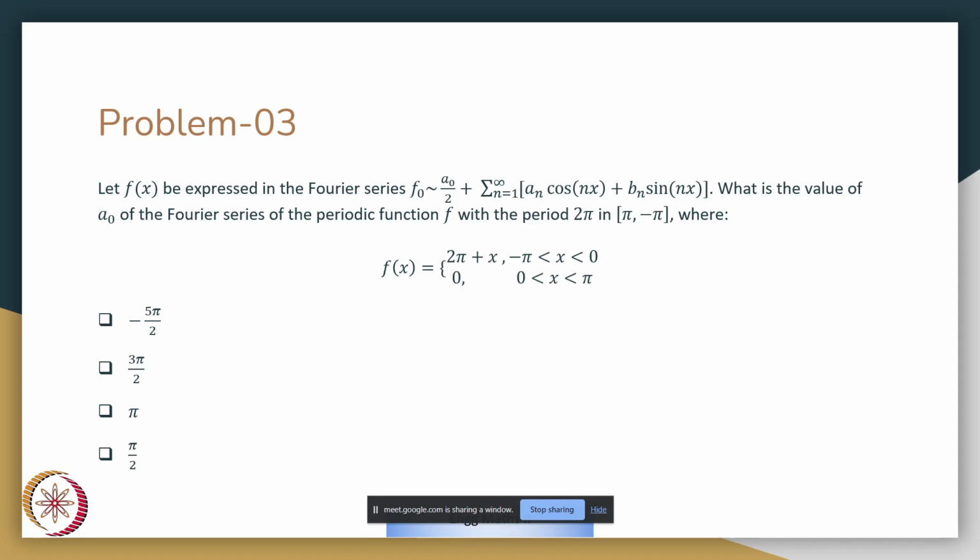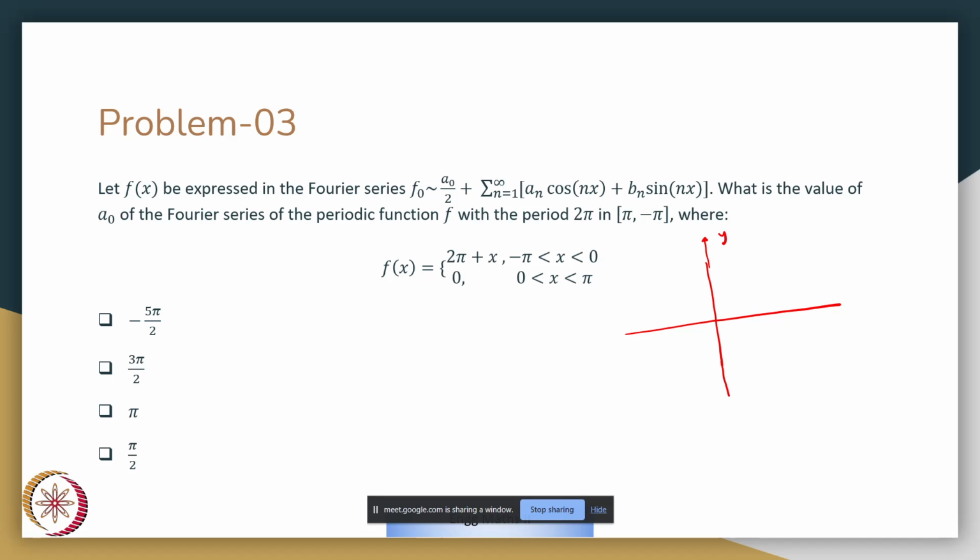So this is about Fourier series, where we are told that a function f of x is expressed in the Fourier series f of x equals a naught by 2 plus summation n equal to 1 to infinity a n cos nx plus b n sin nx. And we are asked to find the value of a naught. We are given that f is a periodic function with the following data. So if I look at f of x, x can go from minus pi to